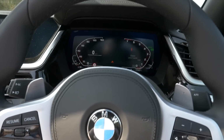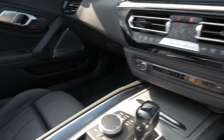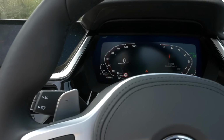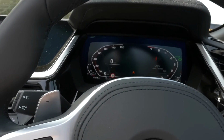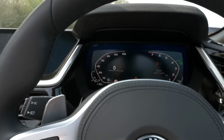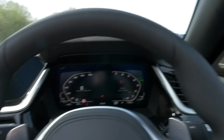But this interior is so nice. It's a nice place to be. It is incredibly comfortable. This can demolish motorway miles, while also being a phenomenal B-road car. It is very much a sports car. It definitely hasn't lost any of the Z4 feel. I think it definitely handles better than that. But yeah,